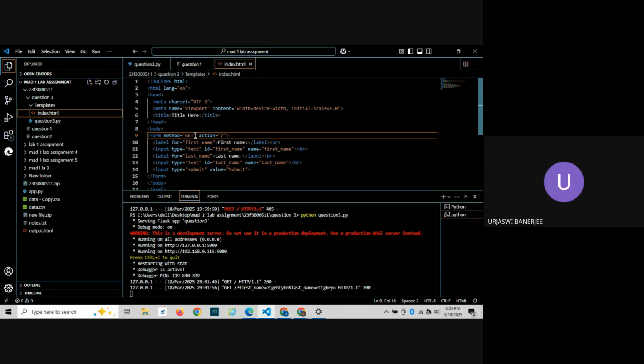In HTML, if we are trying to send a request, that will always be a POST request, because POST will always create a new request. If we are trying to send something to the server, that will always be a POST request. If we are trying to get something, like a new resource or a new web page, that will always be a GET request.